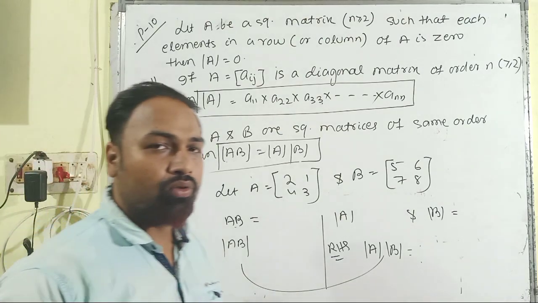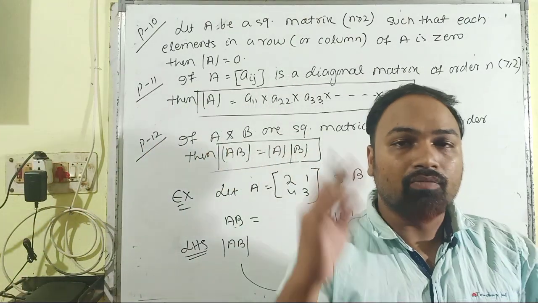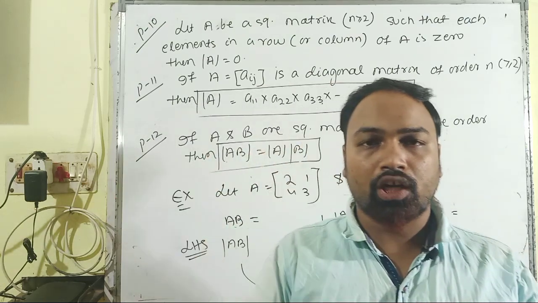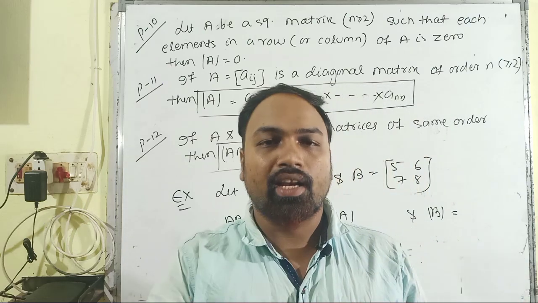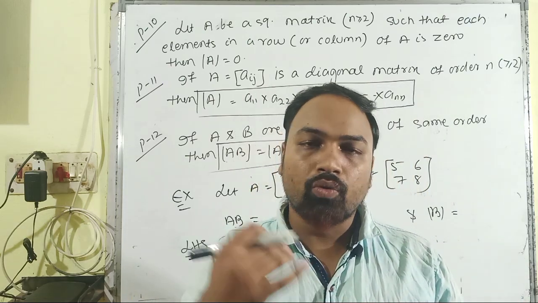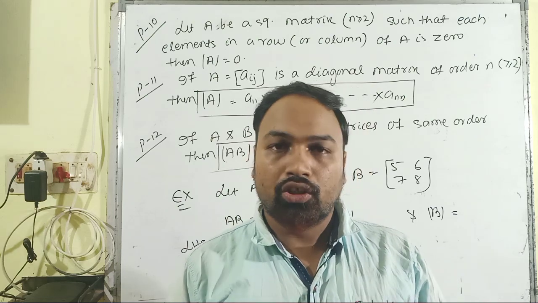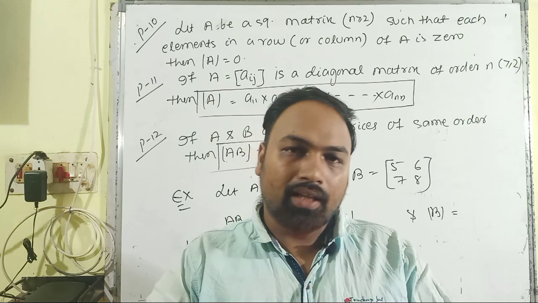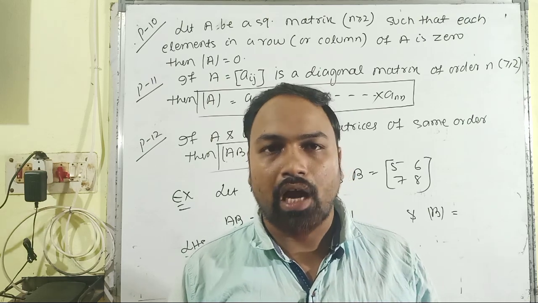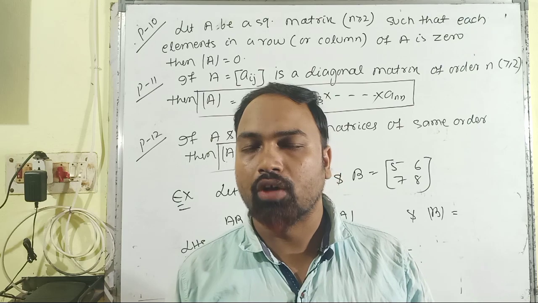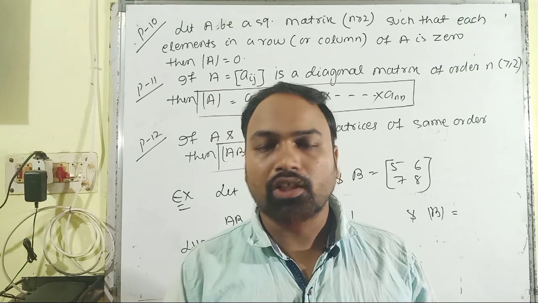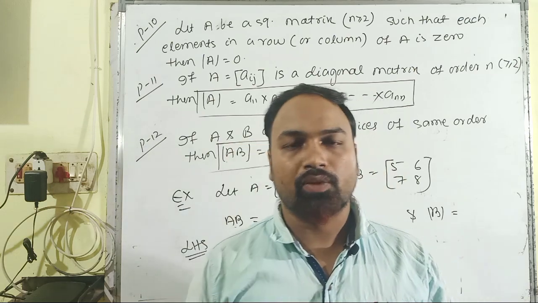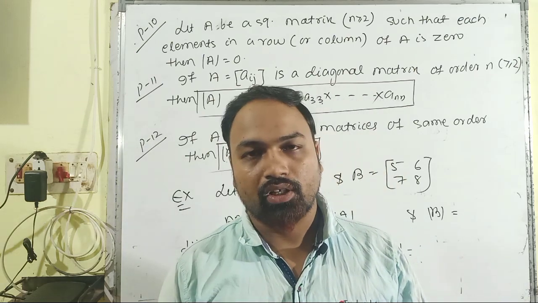So it is all about the properties of determinants. It is very important for the topic of determinants, because not all determinants are solved by the general expanding method. You just have to use the appropriate properties from the 12 properties, and then the determinant will be much easier and simpler to solve. In the next video session, we are going to discuss some basic problems based upon these properties of determinants. Till then, thank you.